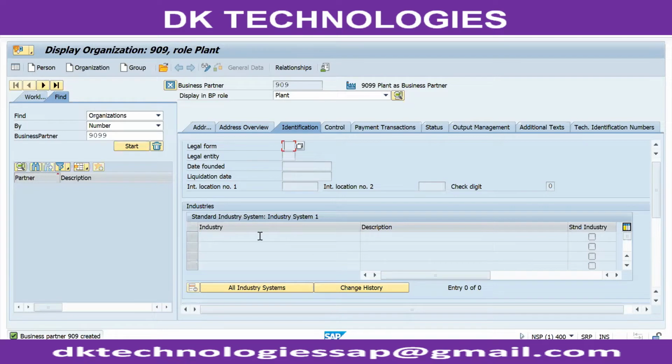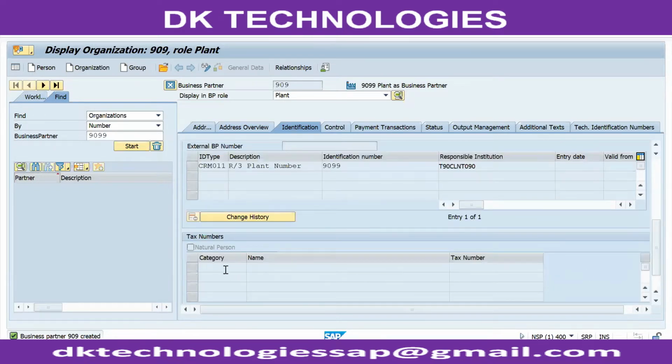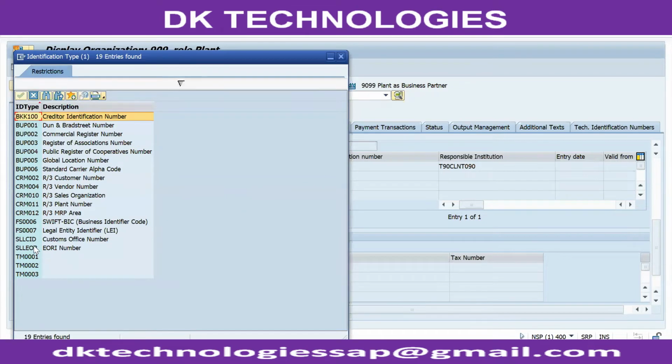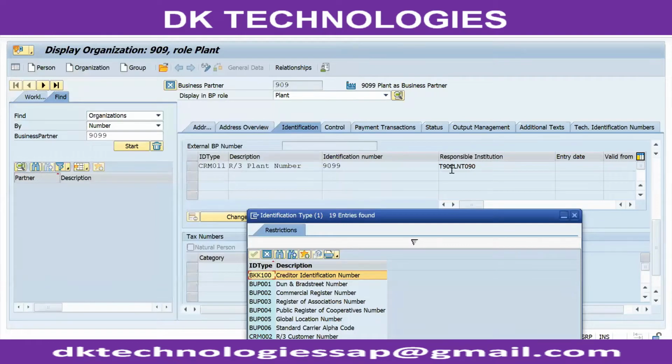And they will enter the identification number and identification type. If I am creating a business partner for a plant, I enter the identification as CRM 011, so the system understands the plant object in ECC in this institution.